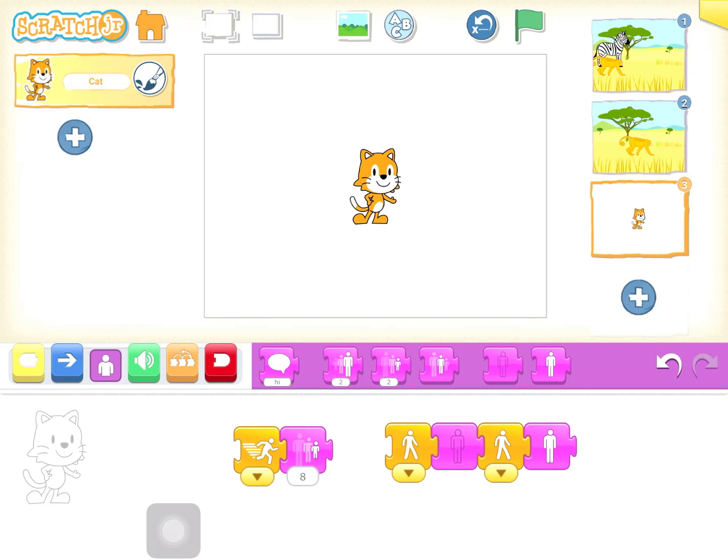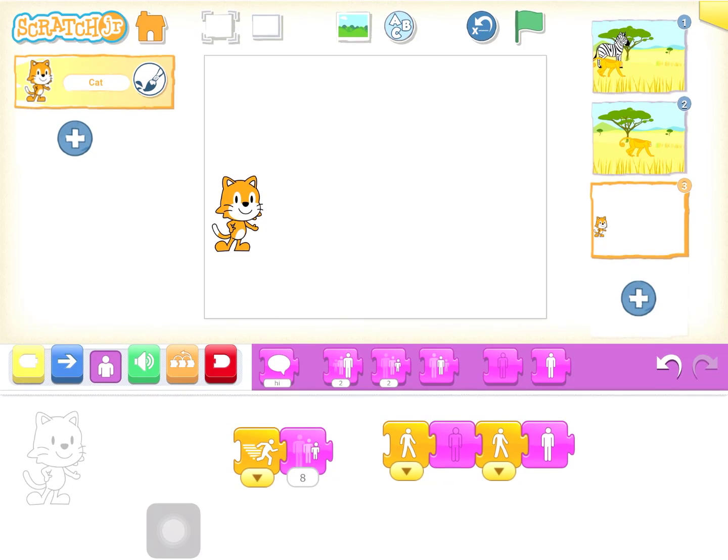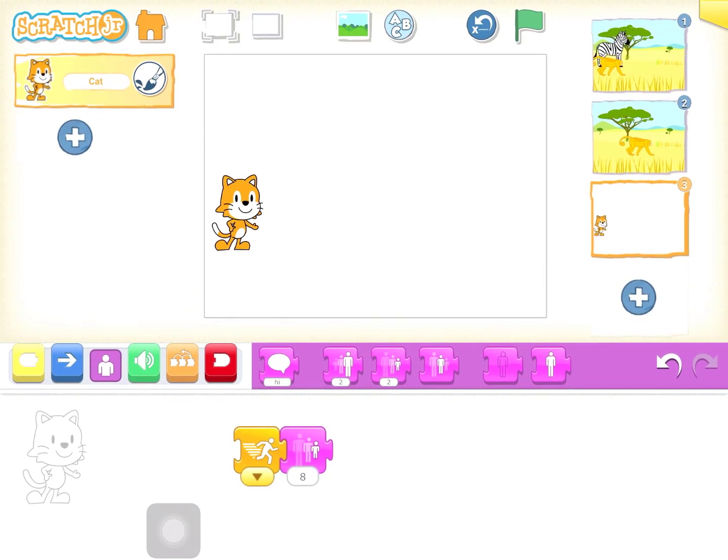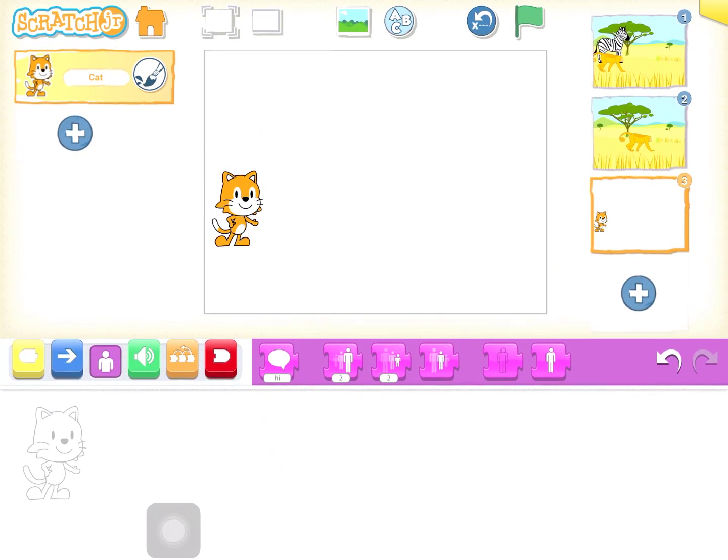So there are other ways of using the speed block, not just for running. You can use it for shrinking, disappearing, growing, and so use your imagination and make all sorts of combinations. Now another important thing is when we make them race, let's say here, I'll get rid of this whole script. If I want to remove this whole script, I'll just drag the whole thing up, and this is gone.